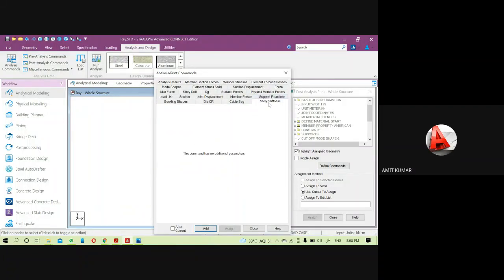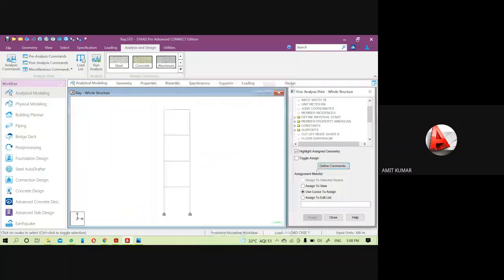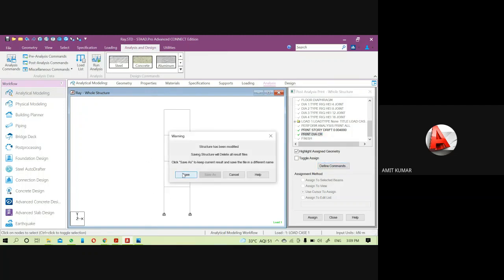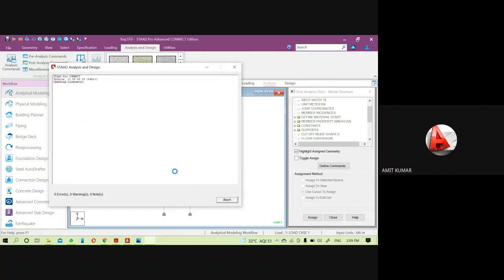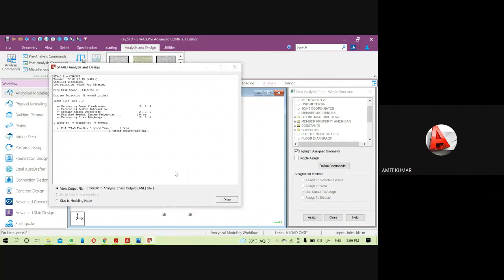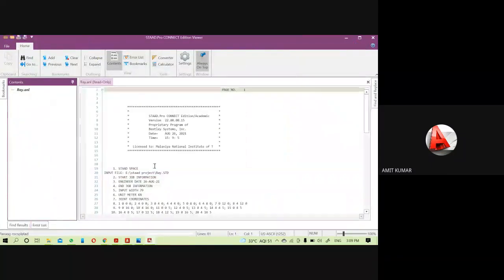Here the storey stiffness check, diaphragm. Okay, let me analyze it, and most probably we will get the error here. Yeah, I just got it. Now see the error type.